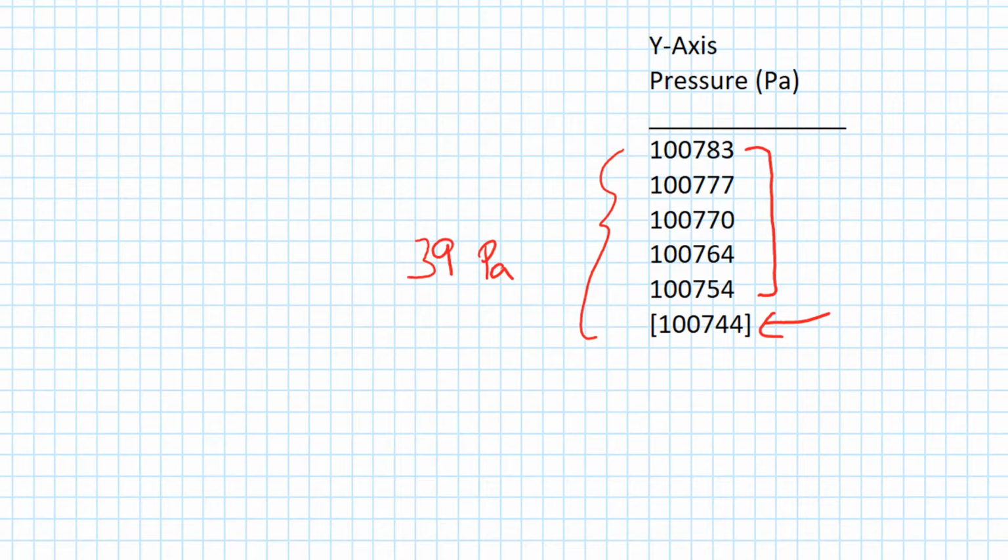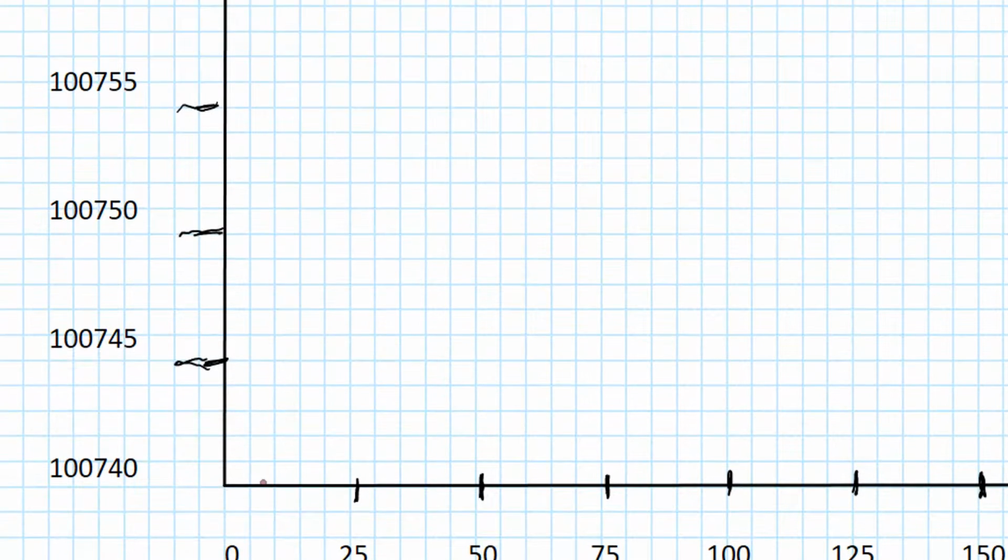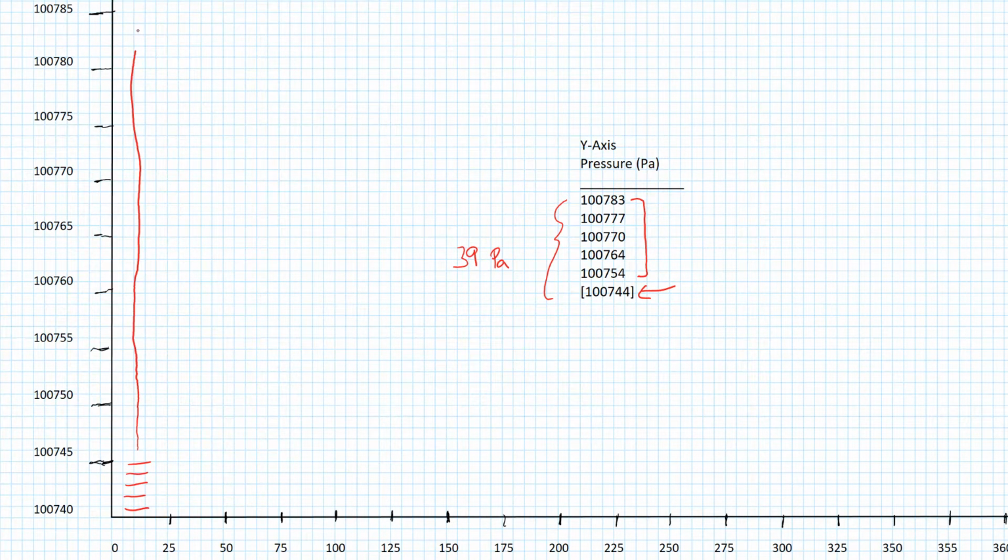Now I go and count the lines on my graph paper. Starting from the x-axis, I go up 1, 2, 3, 4, 5, and on until I get to the top of my paper, and there's about 45 lines on my graph paper. So I divide 39 pascals by 45 lines, and I get a number that's a little bit less than 1, but I like to always round up to the next highest integer, and so that's 1 pascal for every line